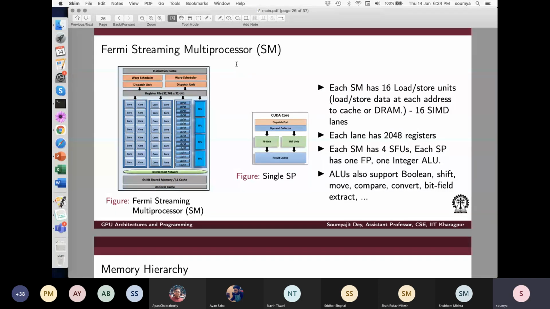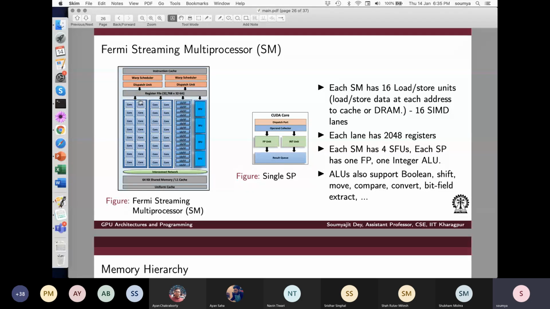So the local memory is nothing but an extension of the register file, and it is located in the DRAM, so it is very slow. It is as slow as the global memory. Both are located in the DRAM. To make things fast, you need some cache. So between that global memory and the register file, you have the L1 cache. Where is the L1 cache located? The L1 cache and the shared memory are located together in the same memory element here, which is faster than global memory because it is sitting inside the chip, but it is also slower than the register file because it is further away from the register file.